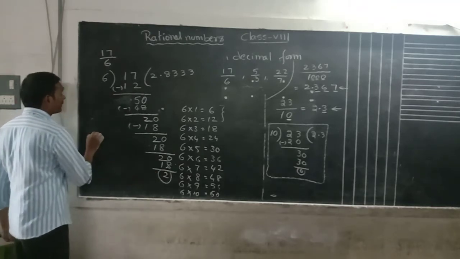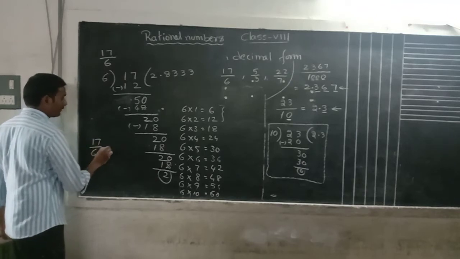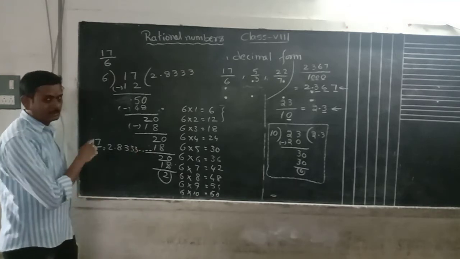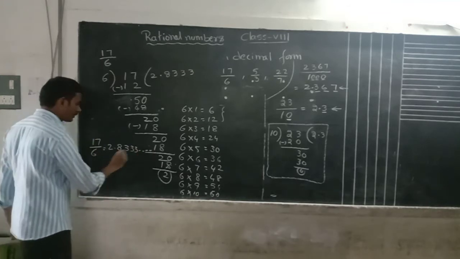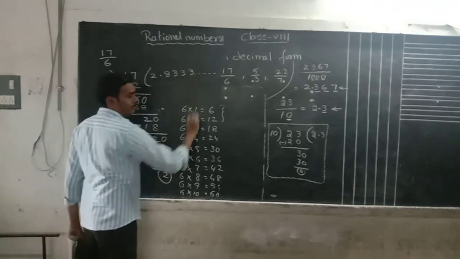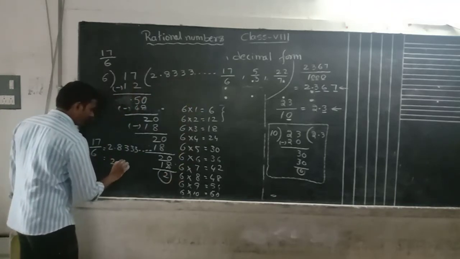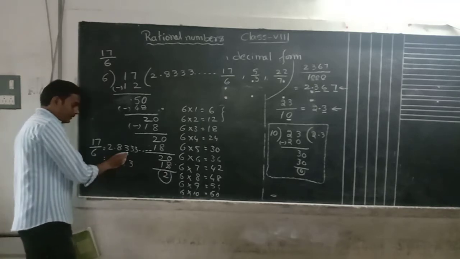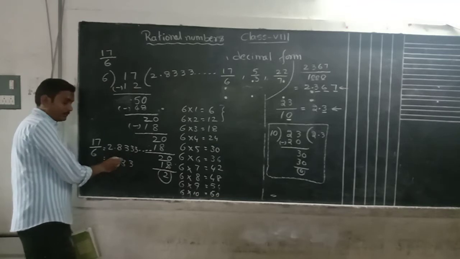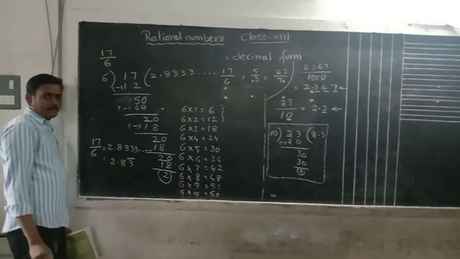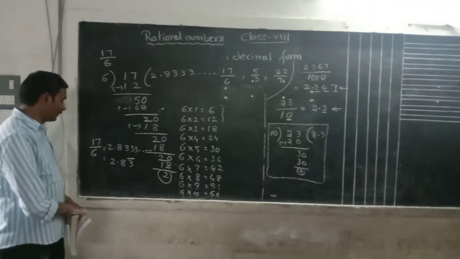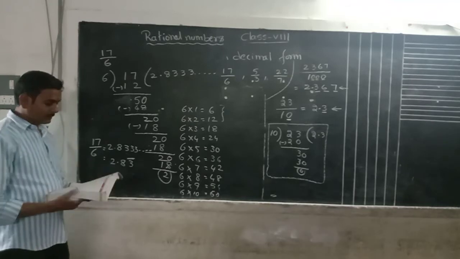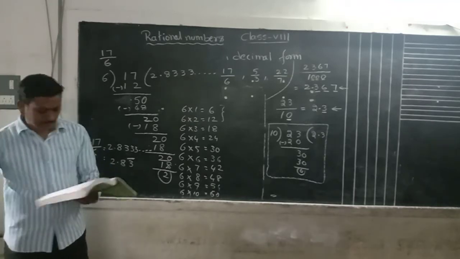The remainder is 2 again and again, that means we can write 17 by 6 equal to 2.8333 and so on. And so on you have to write. Previously I did not write it, now you have to write it. Division is going on like this. In short form, I want to write it using the bar or vinculum. Which is repeating? 3 is repeating, not 8. So above the repeating digit you have to write a line. This one you can read as 2.83 bar.